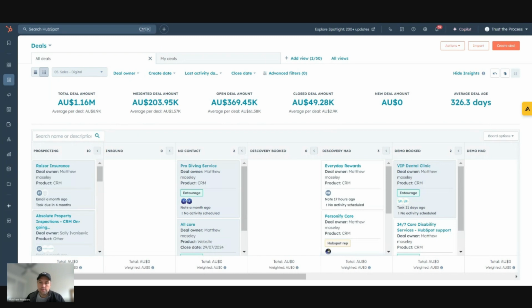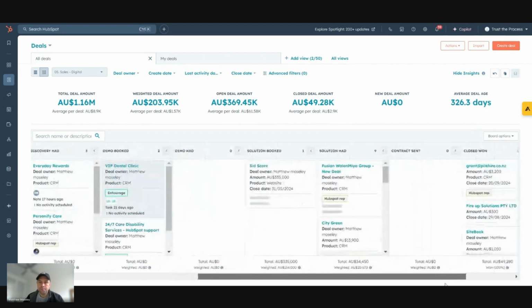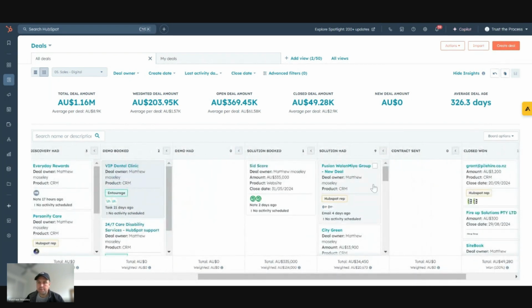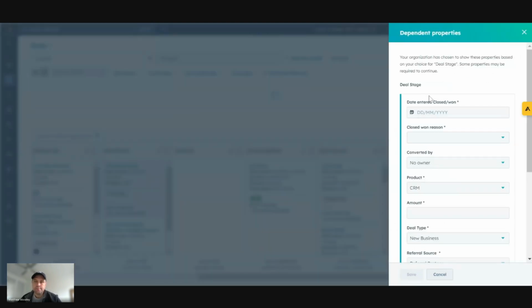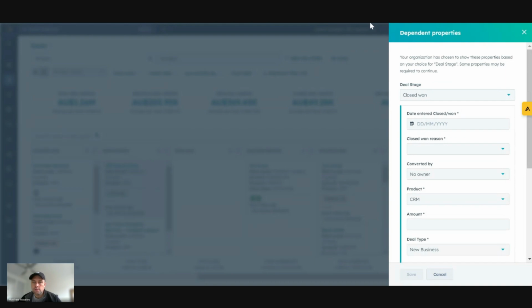The other way to manage and control it is through what we call required fields or conditional fields. When I move a deal into a new stage, it asks preset questions that we then have to answer so that we get that data into HubSpot. These are all required. If I don't do it, it pops back.